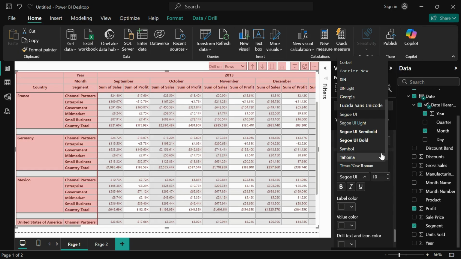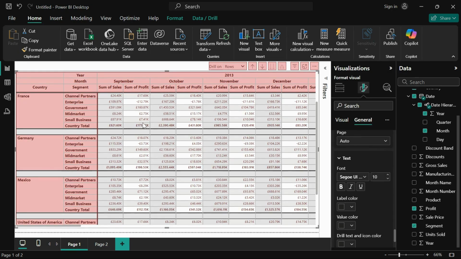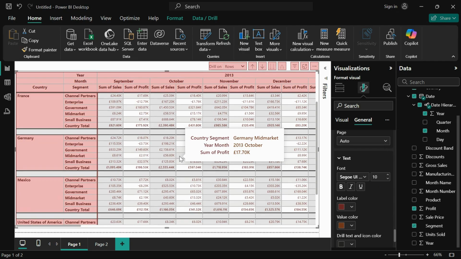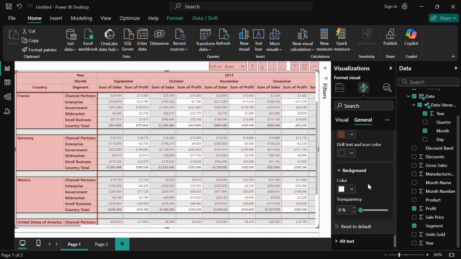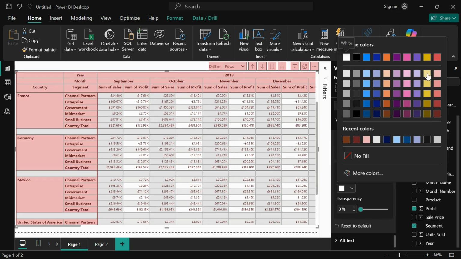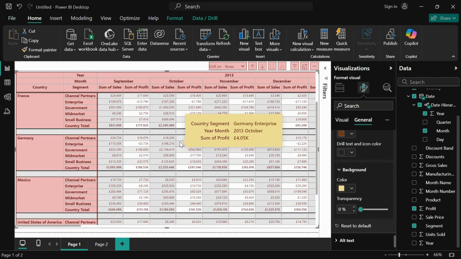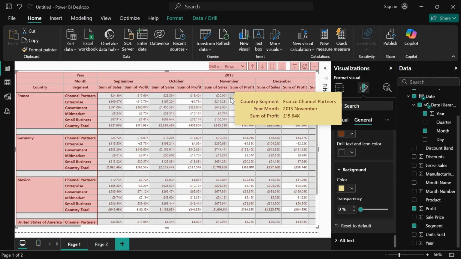You can format the text of this tooltip, right? You can change the label color, right? You can change the value color, right? You can just change the background color also, correct? This way we used to create and format our